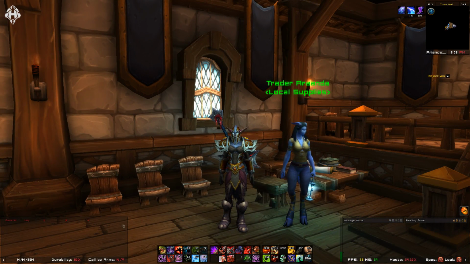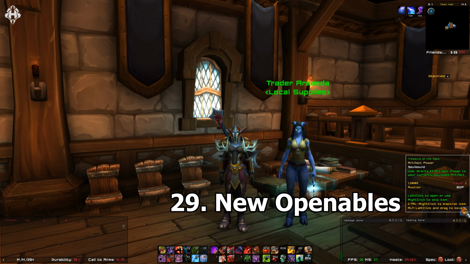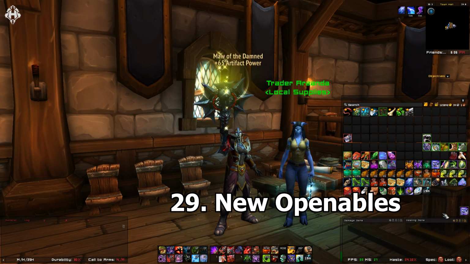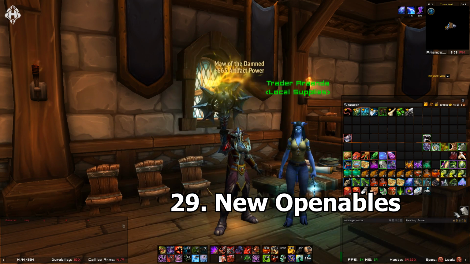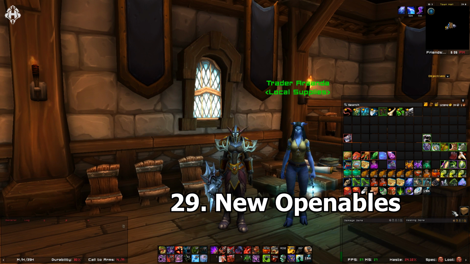Add-on number 29 is New Openables, and it allows you to add a little icon somewhere on your screen, wherever you want, and you can click on this and it will pick wherever it is in your inventory. It'll actually allow you to use the item. So I'm trying to find where this treasure of the ages is. I'm looking around, I can't see it. It presents it all. So if I just click that one, I automatically use this one. I've got another item, I can click that one. And I've got one more, and then I'm done. So it gives a nice little quick place for you to use all of your openables without having to